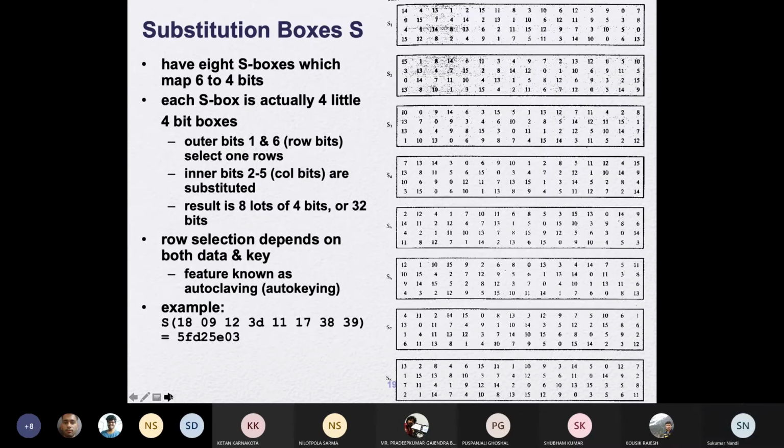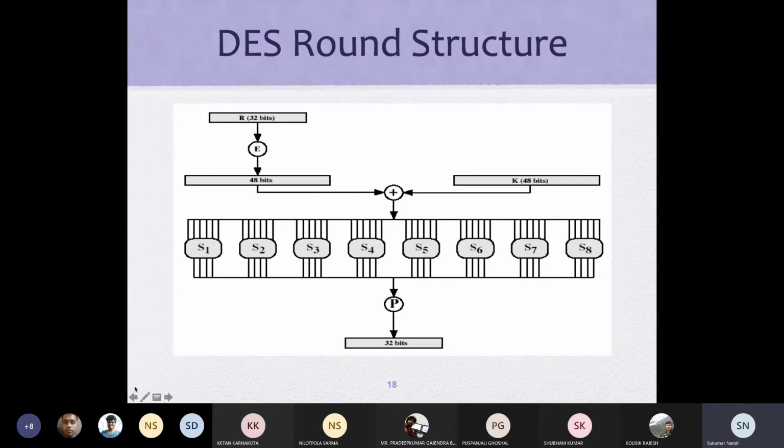So the values written in the S-box are selected for substituting 4 bits each, of the original message, which means these are 32 bits. That is the assumption.